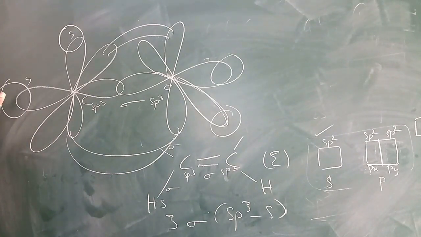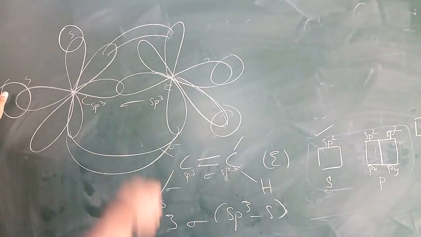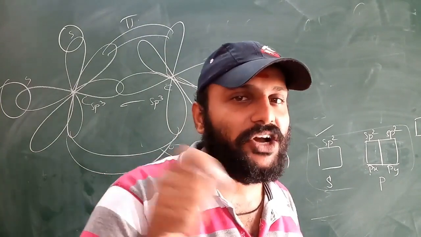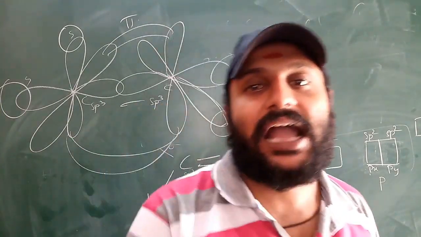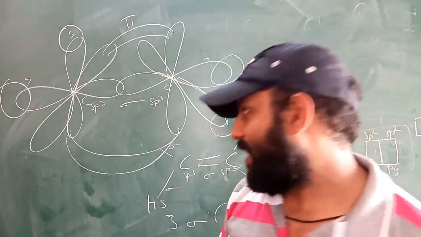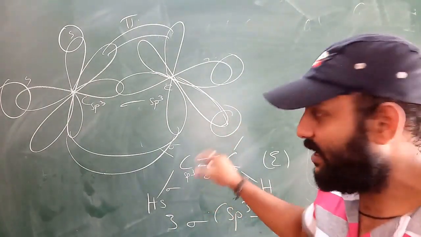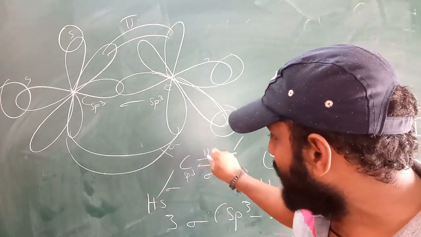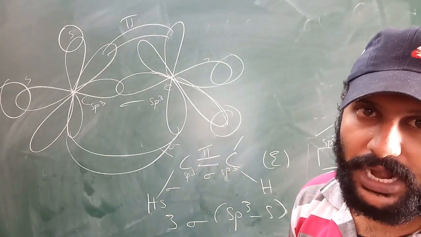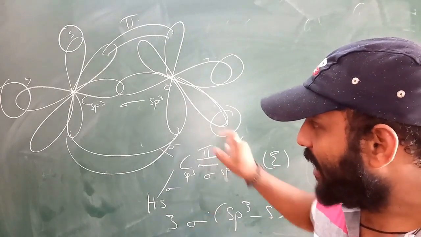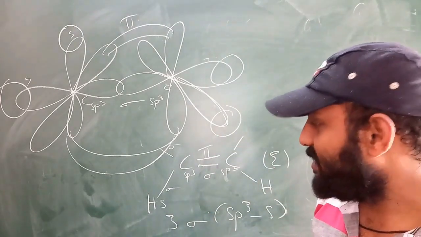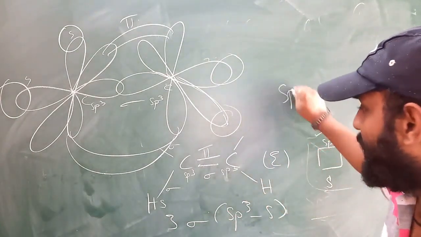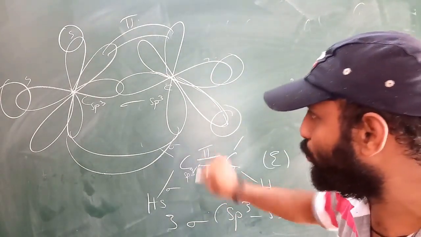That lateral bonding is called a pi bond, or weak bond. Which orbital will go for pi bonding? The unhybridized orbital. That is the reason we have drawn a double bond. In the double bond, one will be a sigma bond and the other will be a pi bond. I have written sp3, it is sp2.